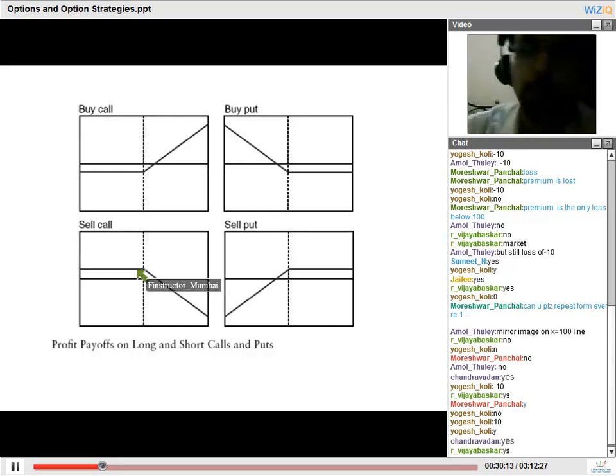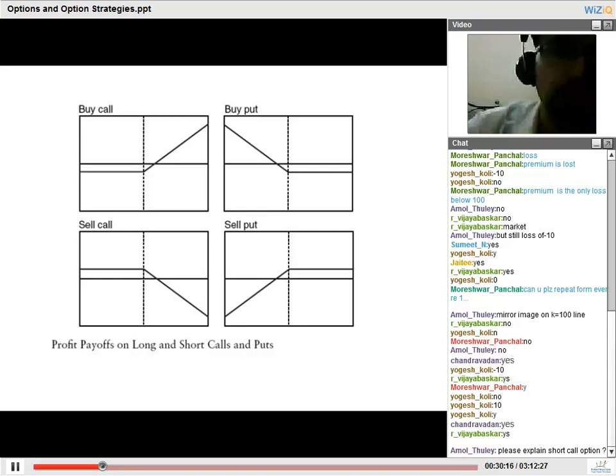if the spot price remains below the strike price, so let's say the short call is the writer of the call option. Somebody has bought a call option, somebody will have to sell it to him; he can't buy it without a counterparty. So the holder of the option must have a counterparty who has sold the option to him. What is the call option? Call option is the right to buy. If someone has the right to buy, there has to be a counterparty which has the obligation to sell. The seller of the option or the writer of the call option, writer and seller mean the same thing, is the short position, is the short party.